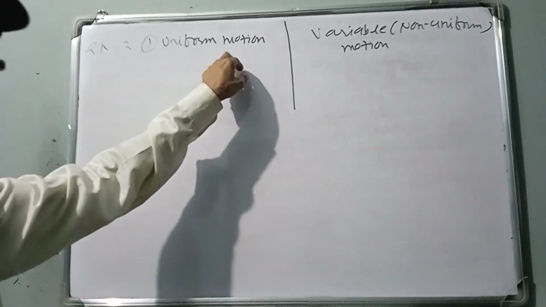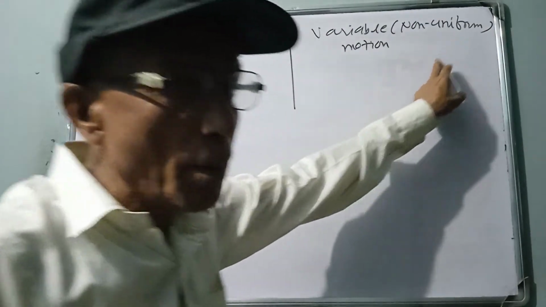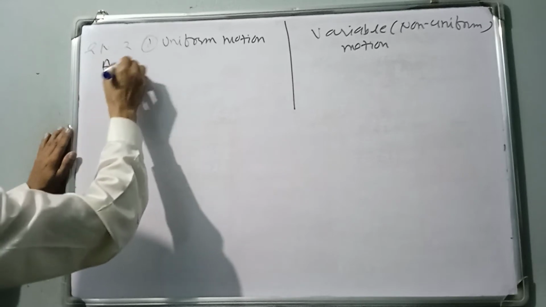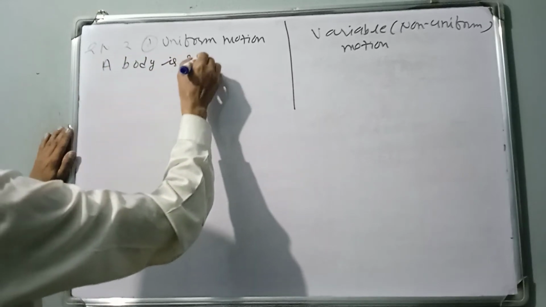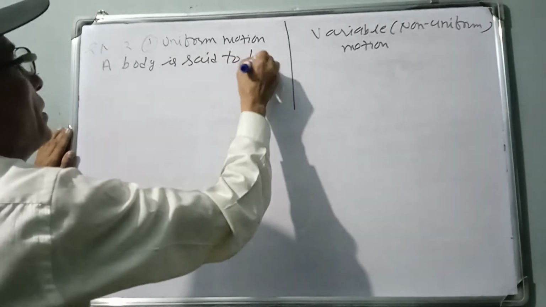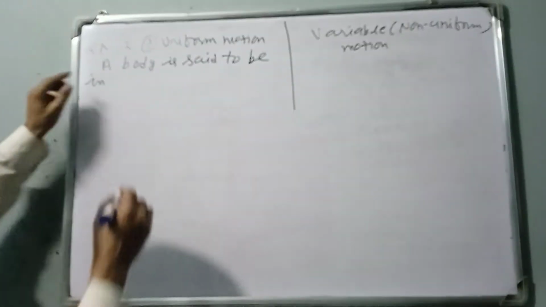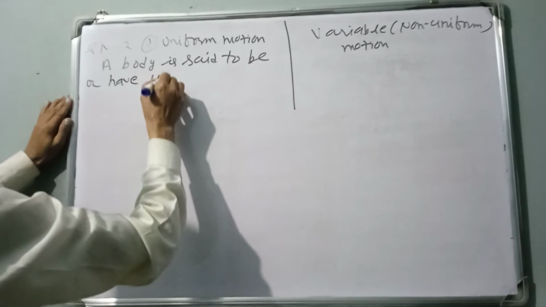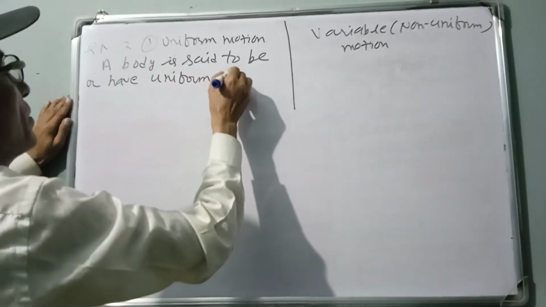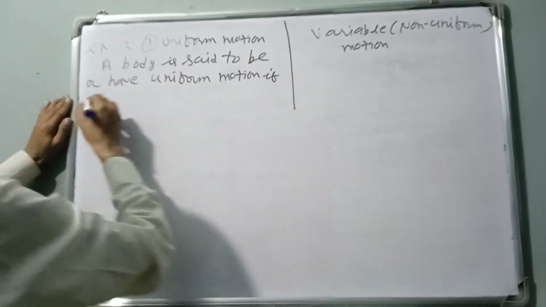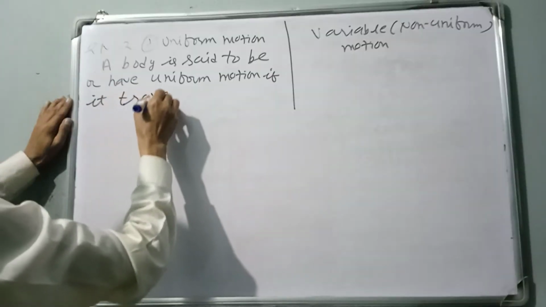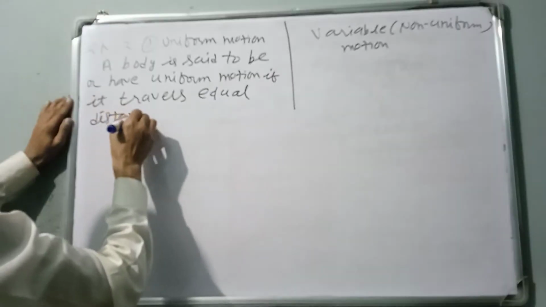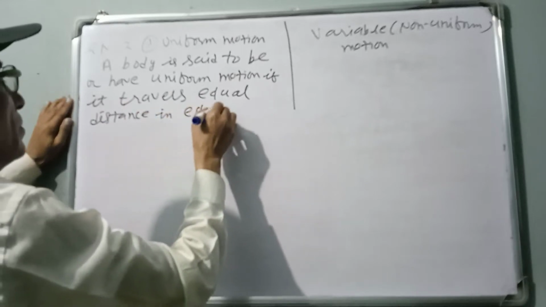Uniform motion, uniform velocity. Variable motion, variable velocity. What do you mean by uniform motion? A body is said to be in, to be or to have, both are correct, uniform motion if it travels equal distance in equal